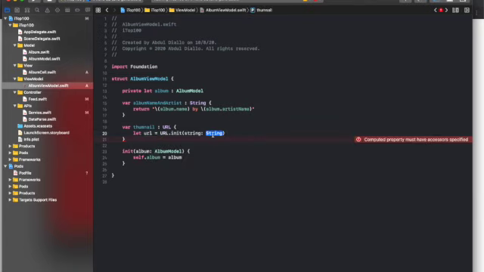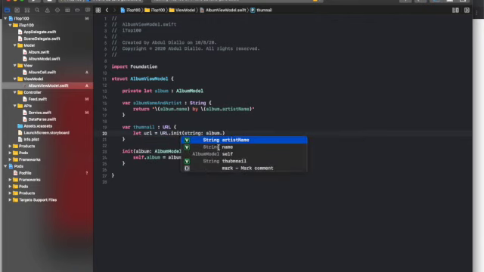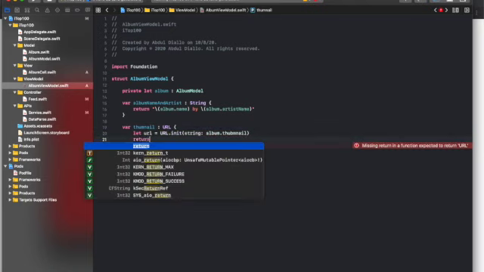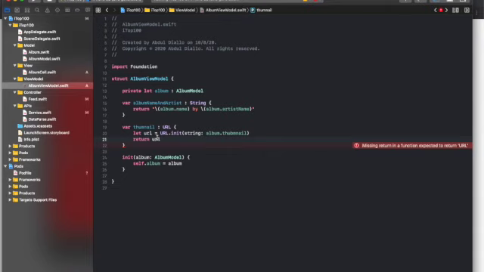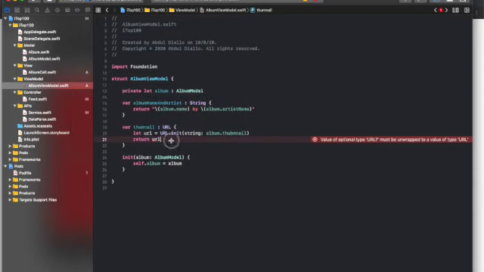Okay, we initialize it with a string. Where do we get the string from? Album dot thumbnail, but it might not work. Okay, we go ahead and return the URL. You see, it's an optional URL, so it might not work. We might not be able to construct a URL from our string. So what do we do? We need to guard that